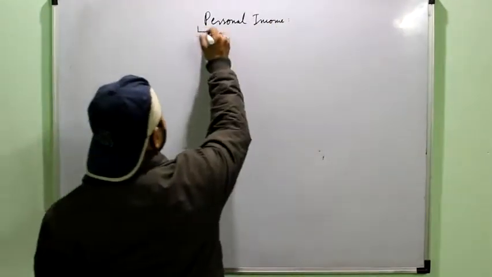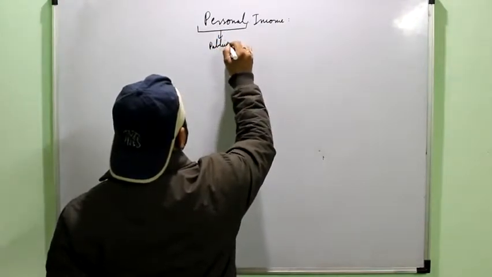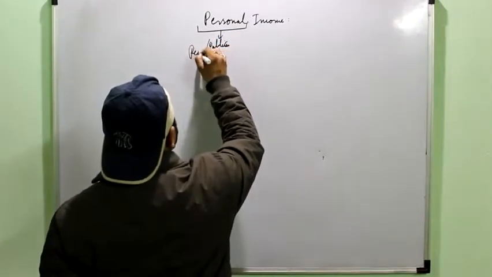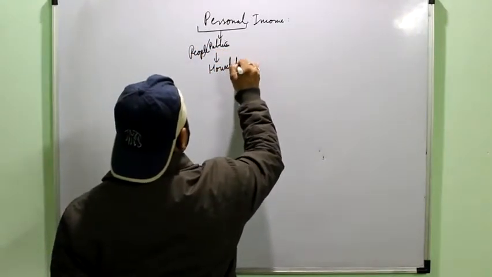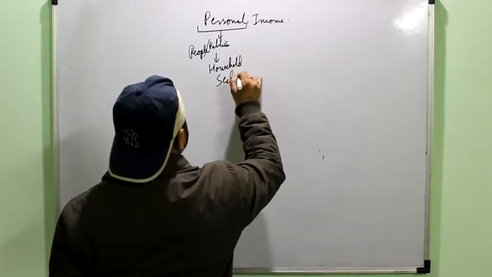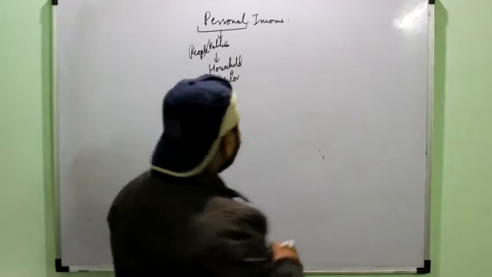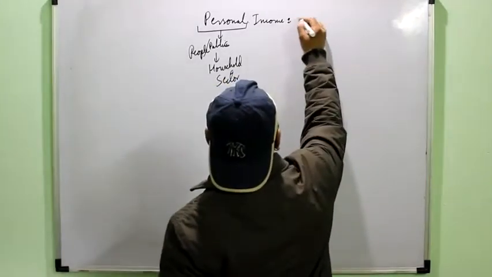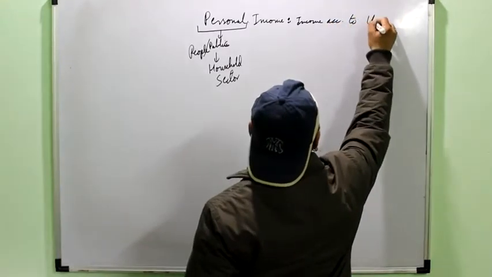Personal refers to the people or the public or the household sector. Technically we call it the household sector. It means the citizens of the economy. It is defined as the income accruing to the household sector